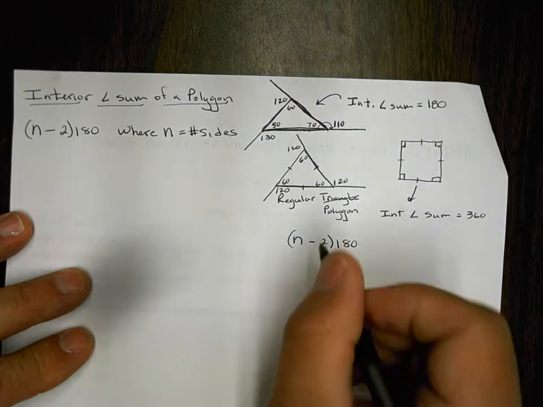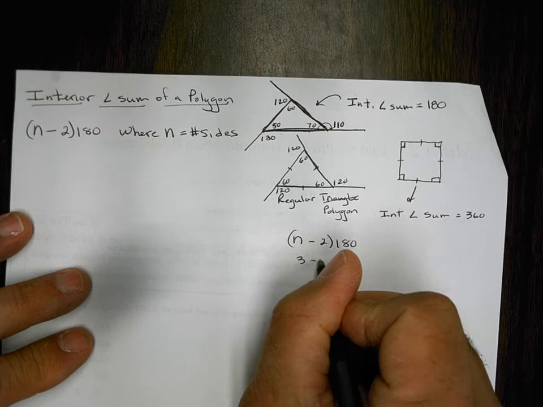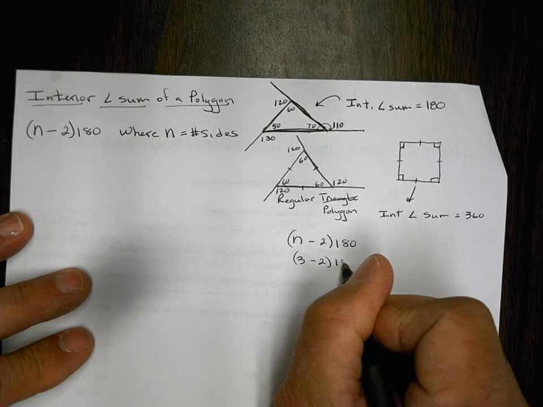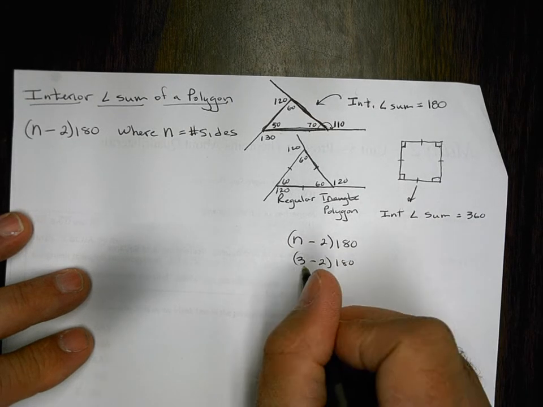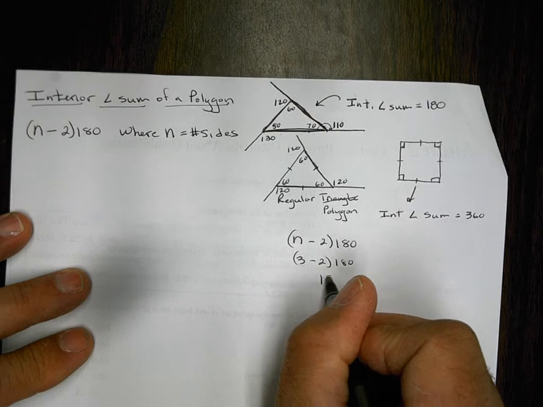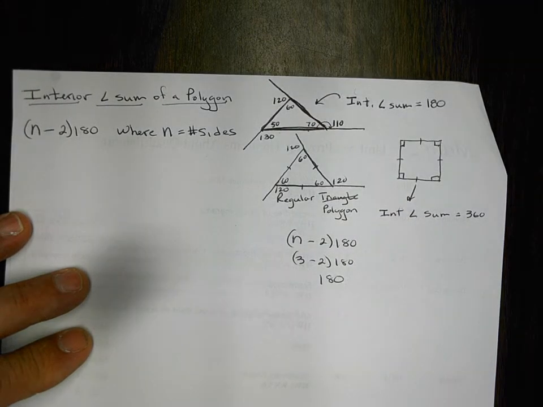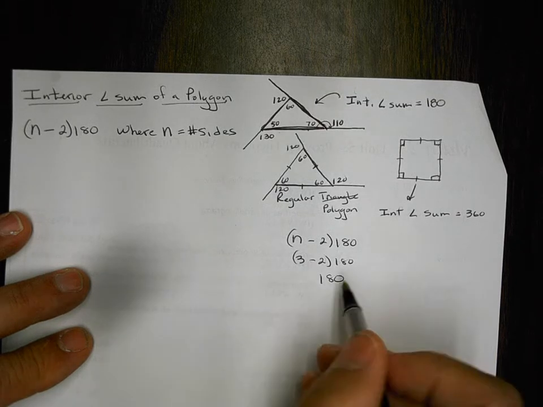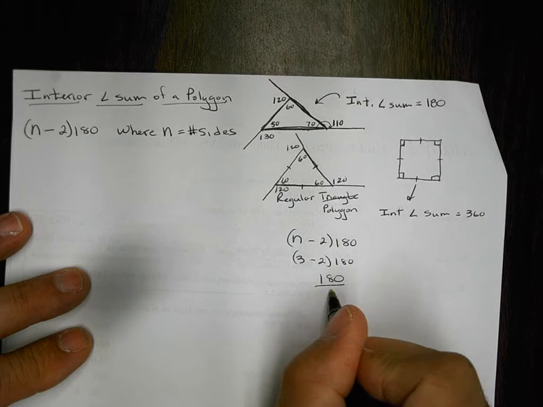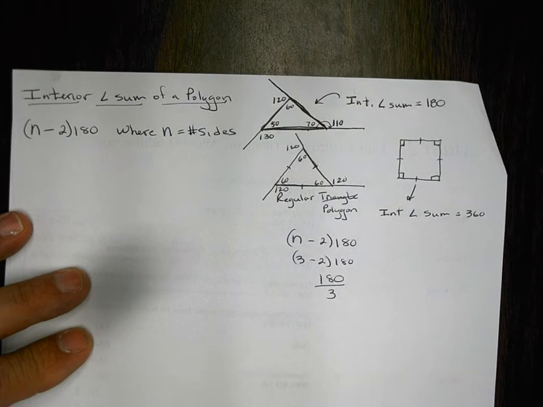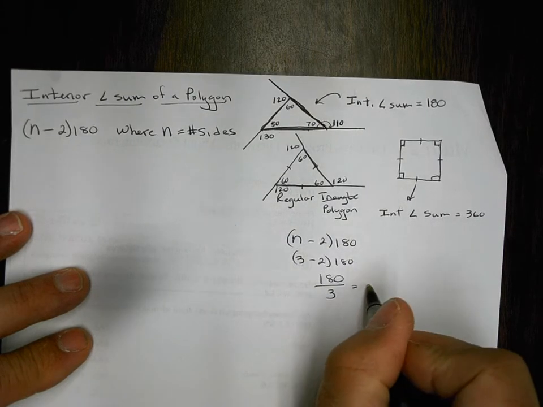Which means we would go 3 minus 2 times 180, and we would get 1 times 180, and we'd get 180, wouldn't we? Now, if we knew this was a regular triangle, we know all the interior angles are congruent, correct? So we can simply take this number and divide it by 3, the number of sides, and we end up with